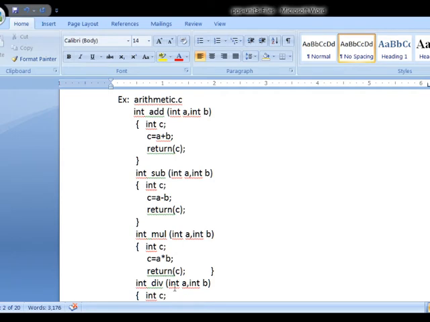Here arithmetic.c is a C file. In that C file I have written logic for 4 functions to perform arithmetic operations: add, sub, mul, div. Now I am going to use the functions of arithmetic.c in some other C program using the include statement.